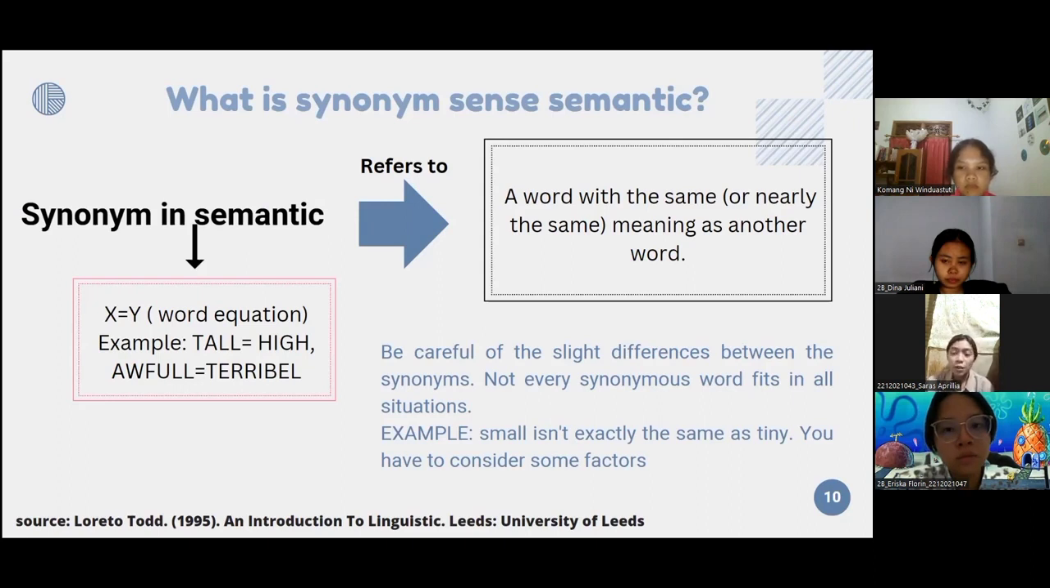In British usage, musim gugur we call autumn, while in US usage we call it fall. The next example is where in British usage we say pavement and in US usage we say sidewalk. But we must be careful of the slight differences between synonyms. Not every synonym fits in all situations. For example, small is not exactly the same as tiny. You have to consider some factors. Next,